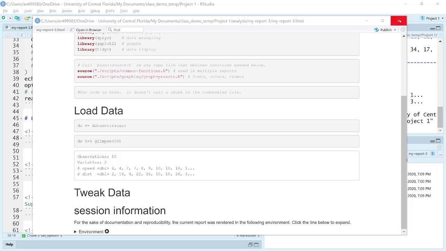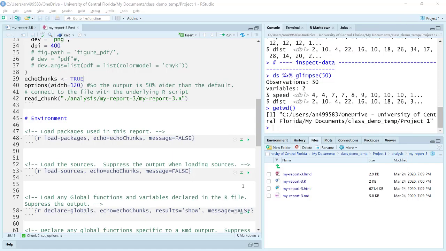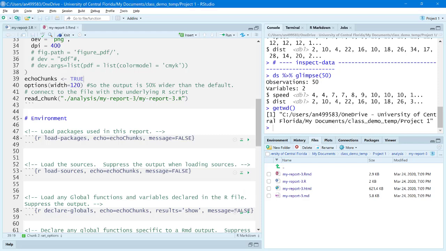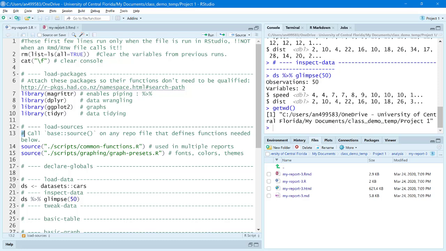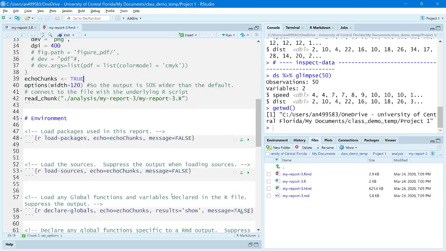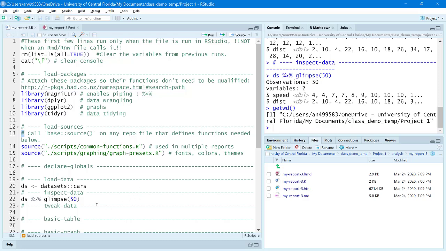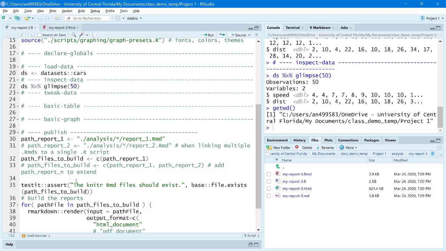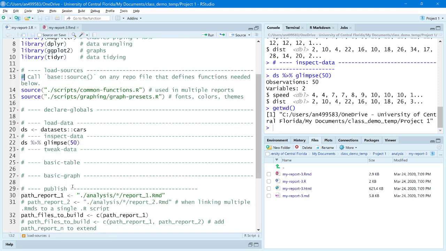Okay, so we're good to go. Now that we have the overall report stable, whenever we add something to R, we can cross-reference it in RMD and knit it together. This allows us a much greater flexibility working with R script, because it's much more convenient to work in R script. So let's add a few things